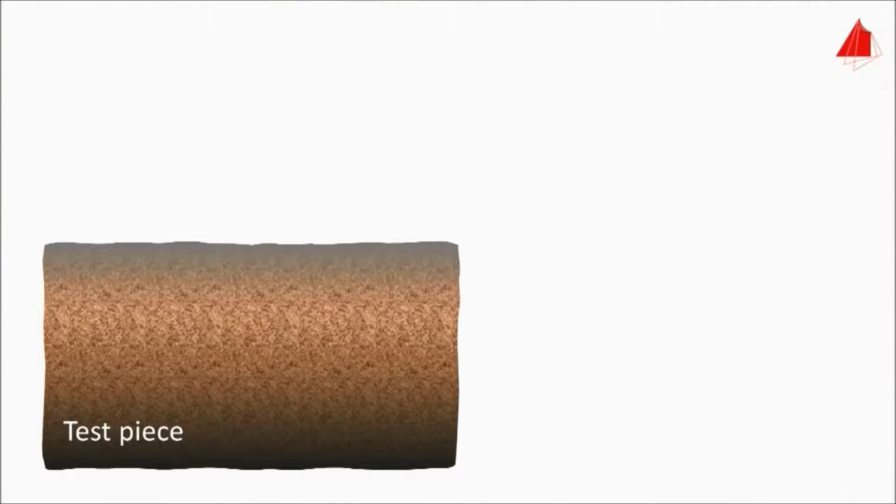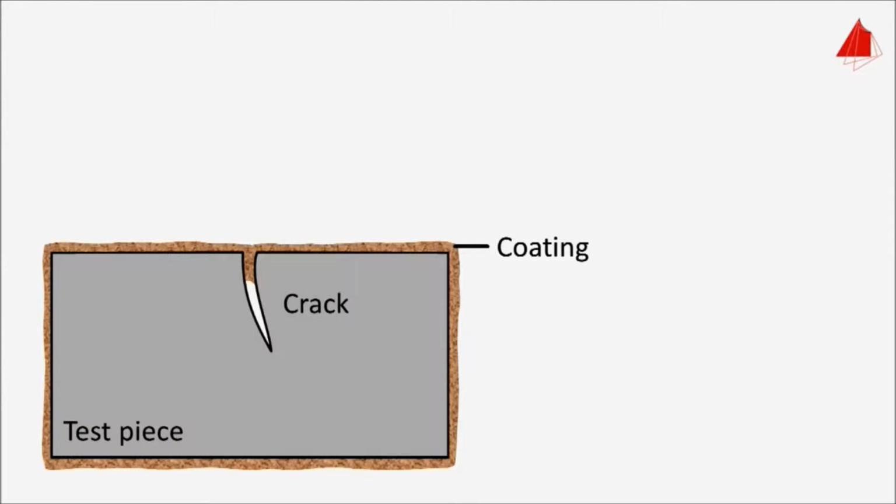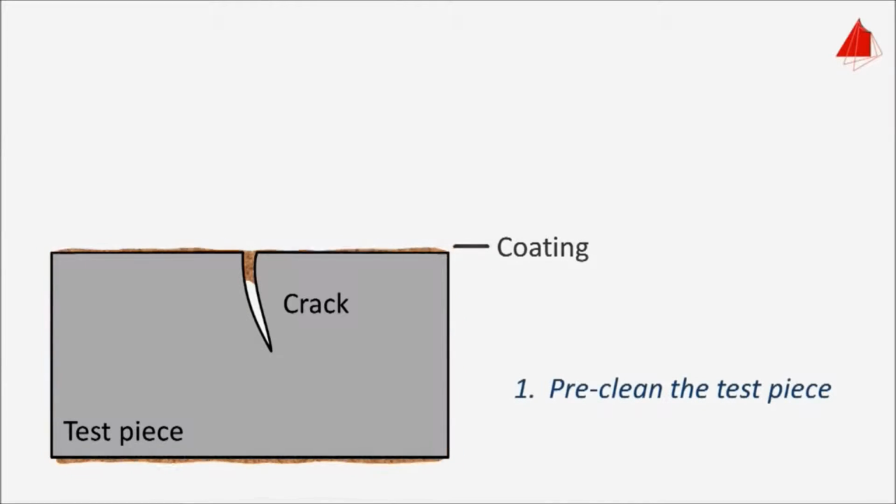Often the surface of a workpiece is covered with rust or paint, which masks the material defects, as shown in the sectional view. Therefore, the first step is always the pre-cleaning of the test piece surface. This must be done very thoroughly so that any defects present, here it is a crack, are open to the